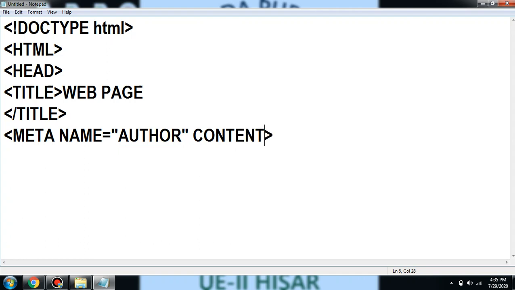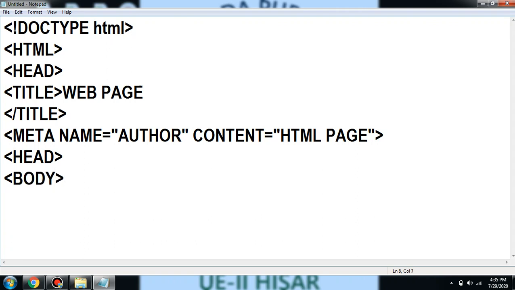One more attribute is given in your book, that is content. Here you can write any content like HTML page. Then we'll close the head tag.